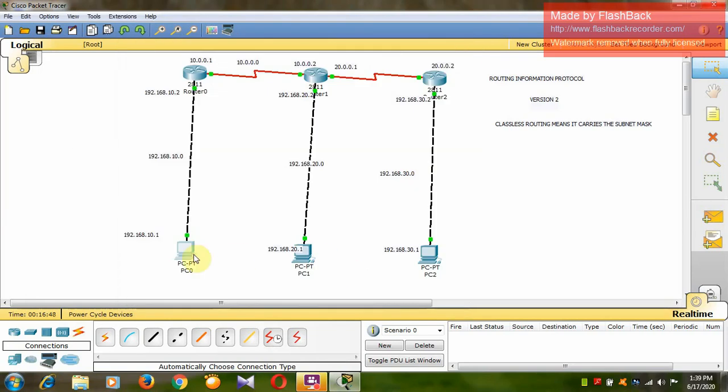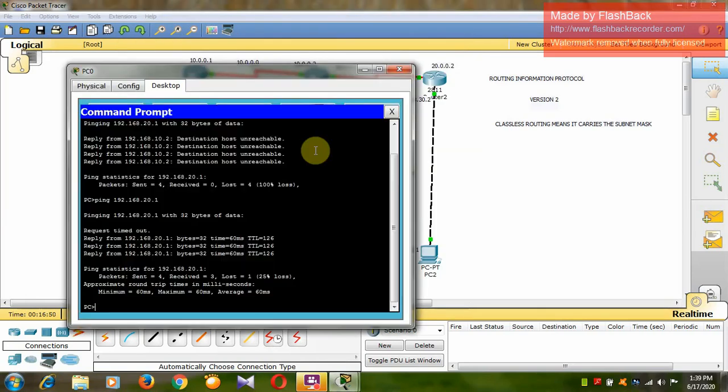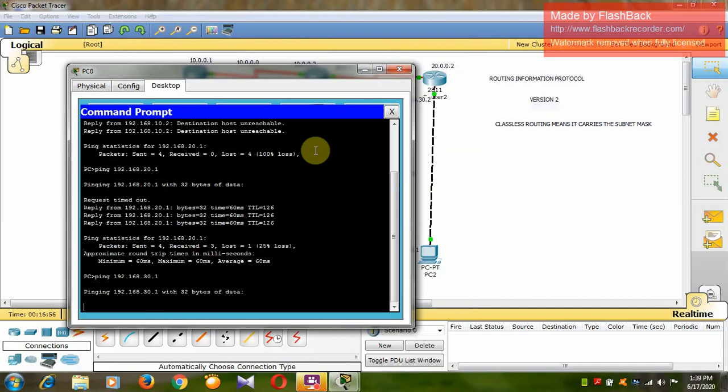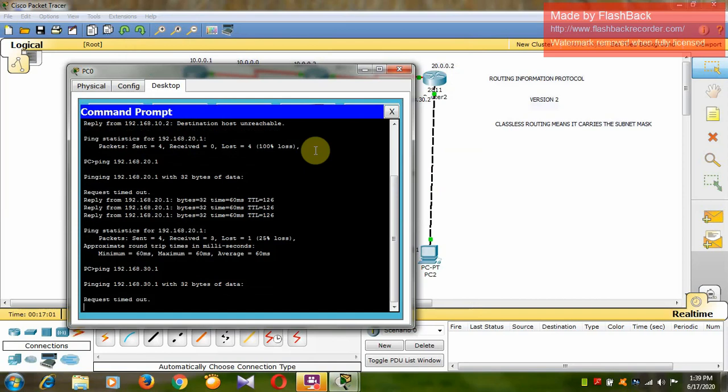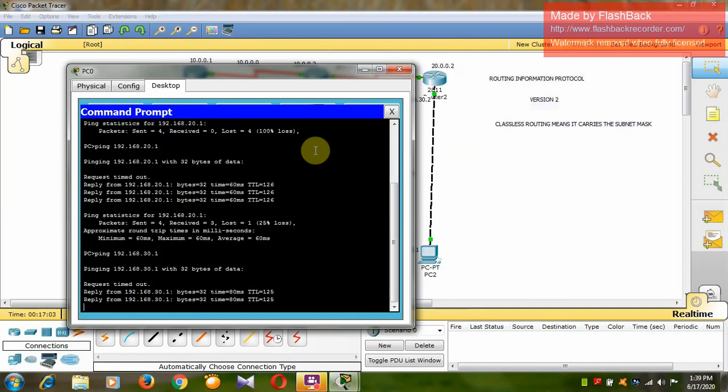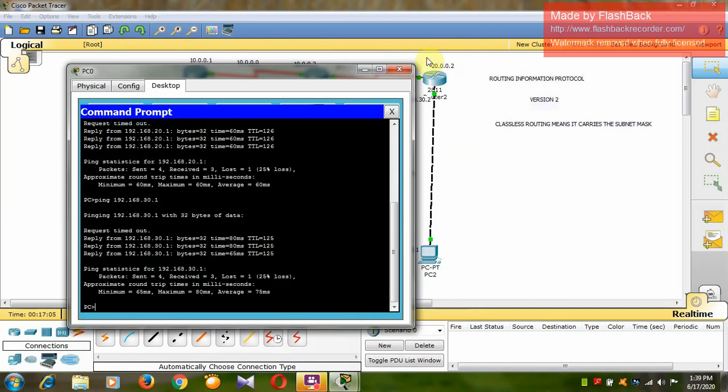Okay, similarly I am going to check here the third PC, 192.168.30.1. So you can see again reply is coming from the third PC also.